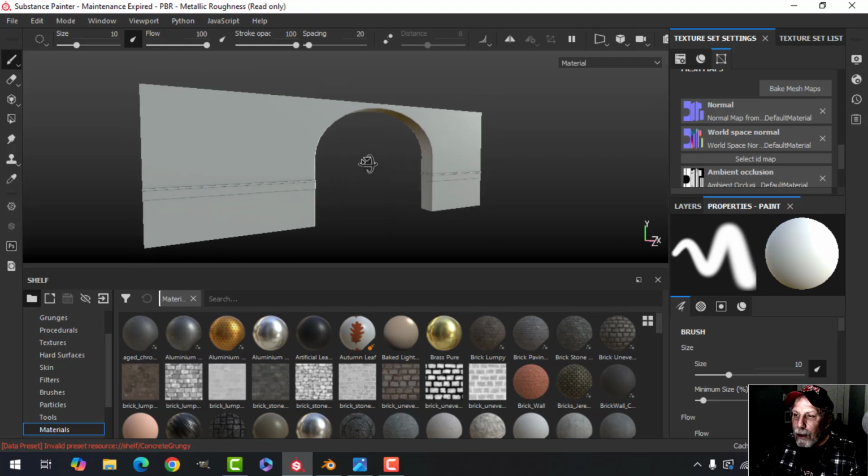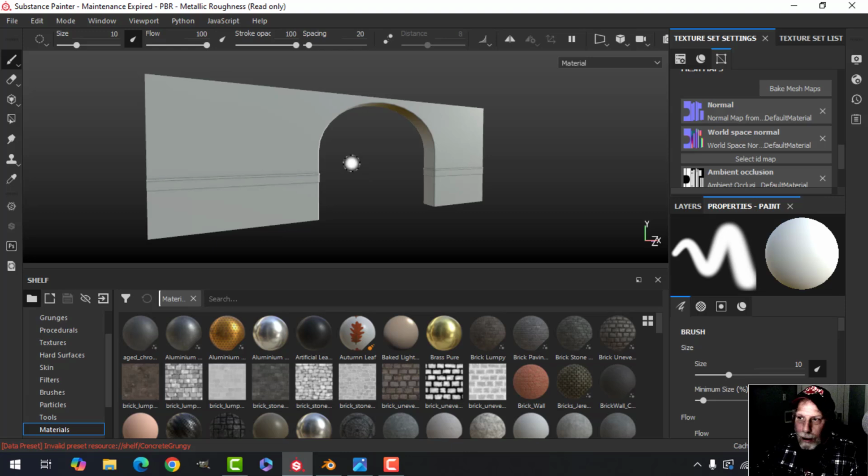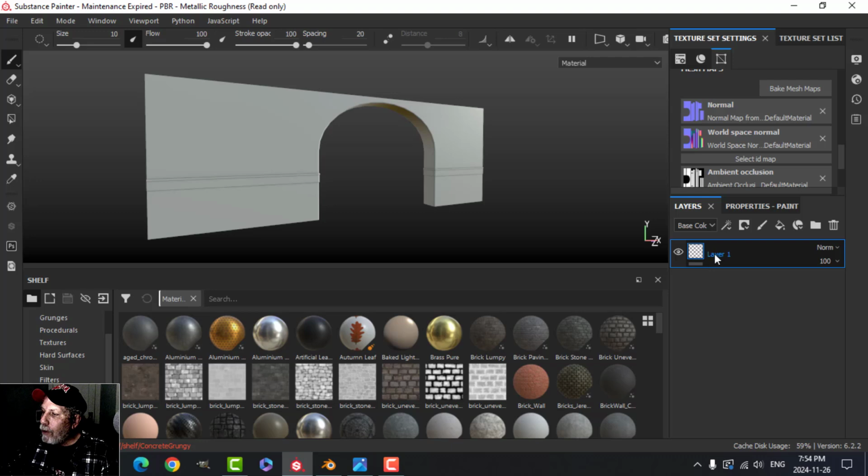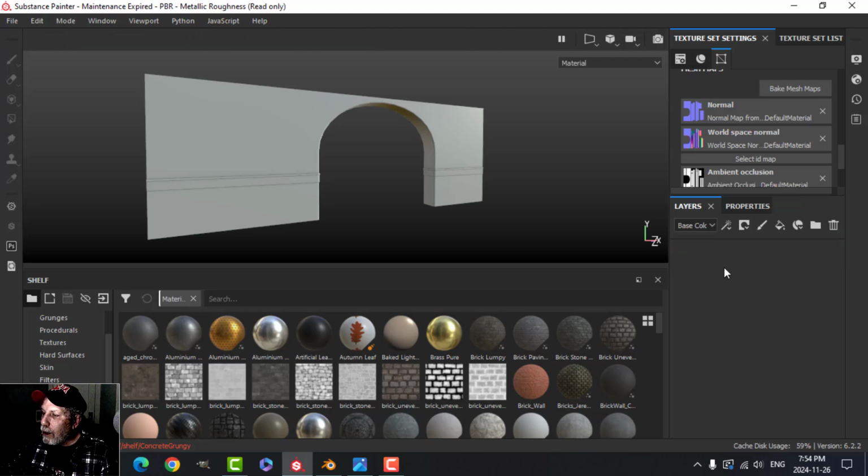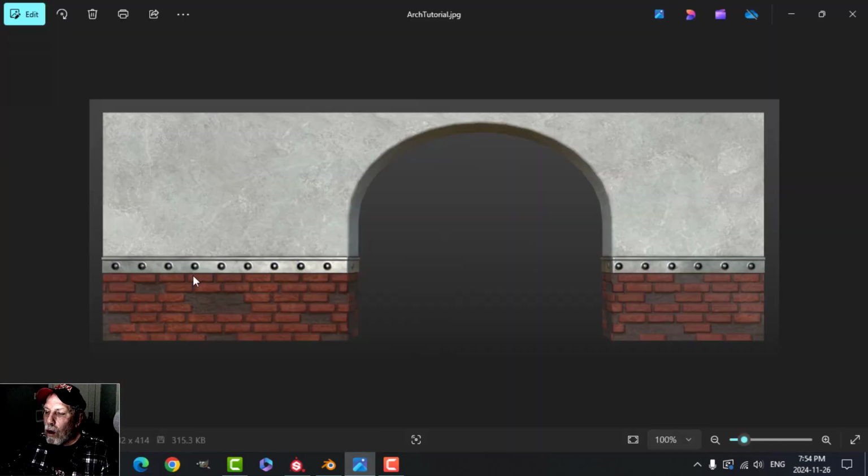Alright, so we UV unwrapped and we imported our FBX into Substance Painter, and we're getting ready. Over here in the Layers tab, there's already a default layer here. I'm not going to use that, so we're just going to delete it. Alright, let's have a look at our reference image. This is what we want to create. I'm not saying that this is the greatest texturing job or anything, but I just want to show you the principles of how to do it, and then you could choose the materials and tweak them to your particular scene,